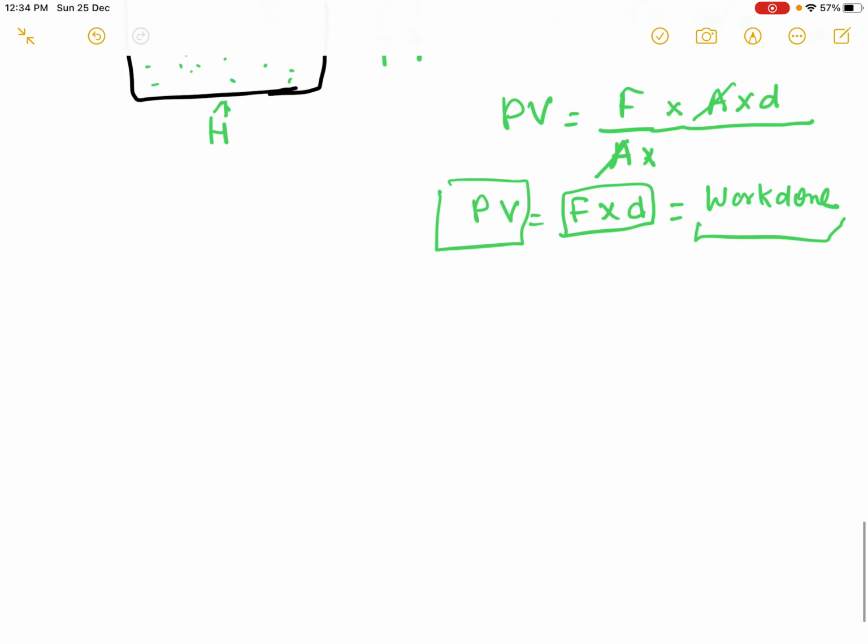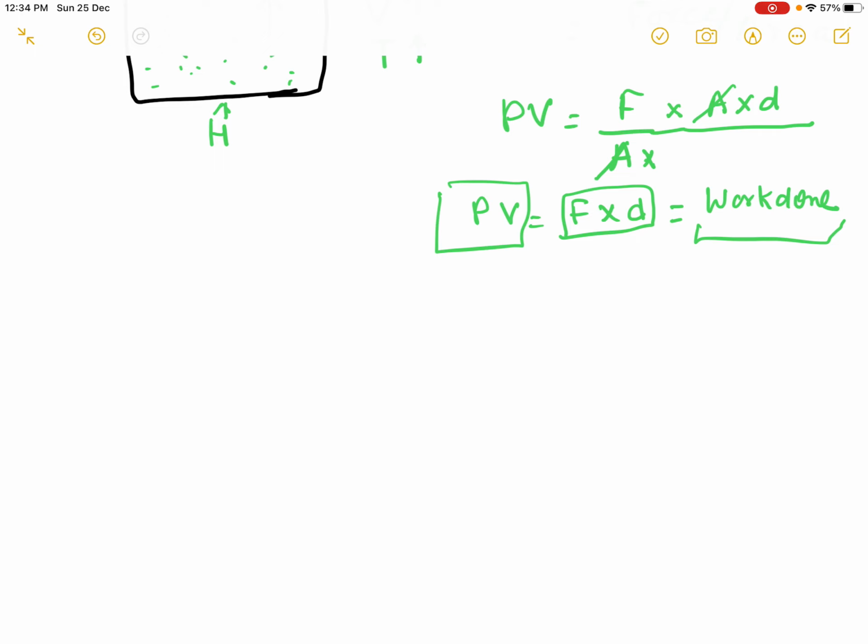Now we come on to the Avogadro number. One concept of